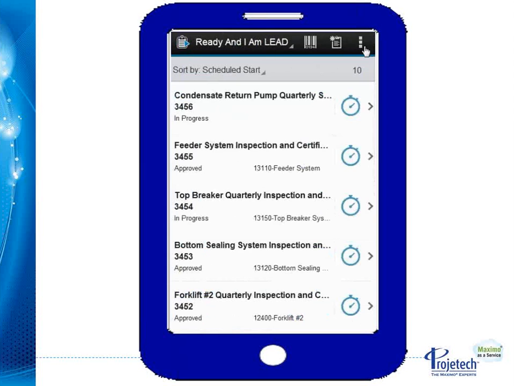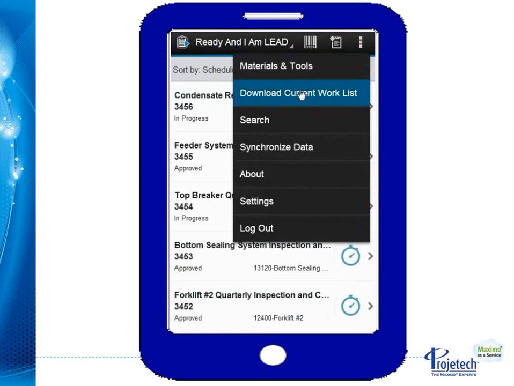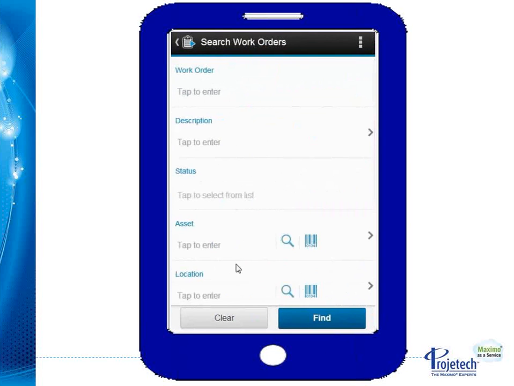Okay, let's go back and look at the menu again. I could download the current work list. We just did that when we opened up the system, but had I not done it at that time, I might want to do it at a different time. I have the same search capabilities that I had in work approval. So if I wanted to go ahead and enter the same